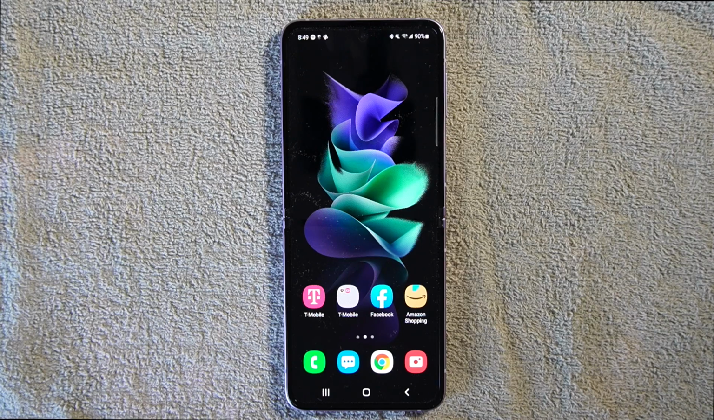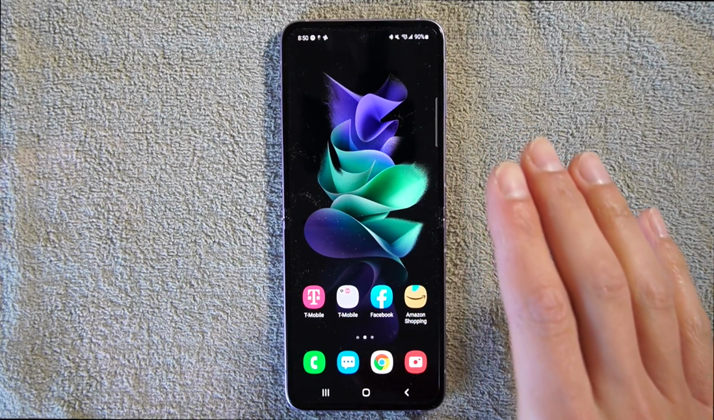And in this video, I am going to teach you how to use the split screen functionality on your